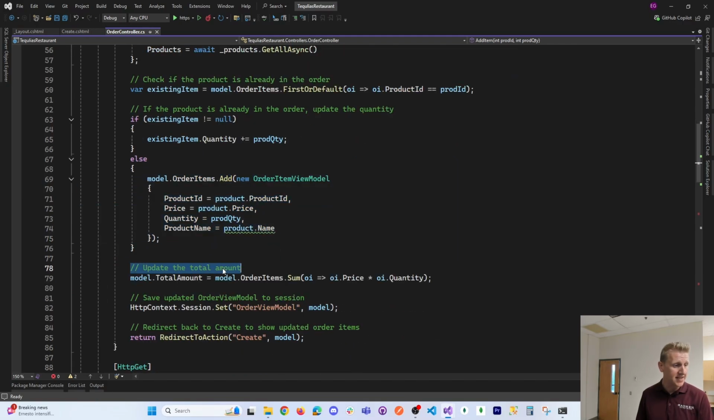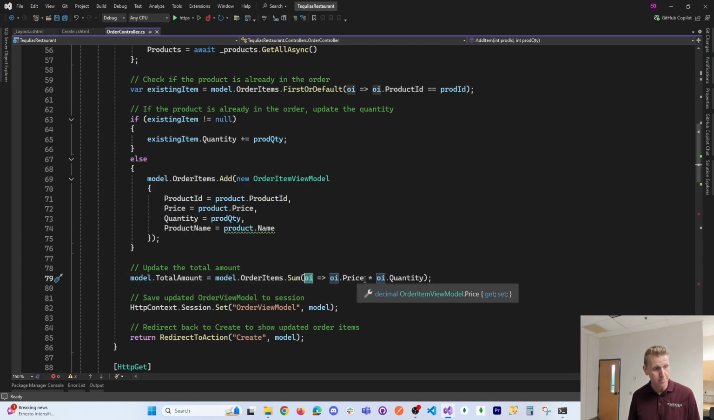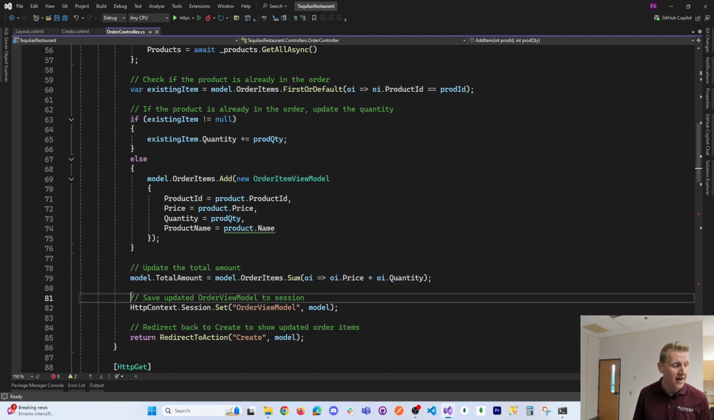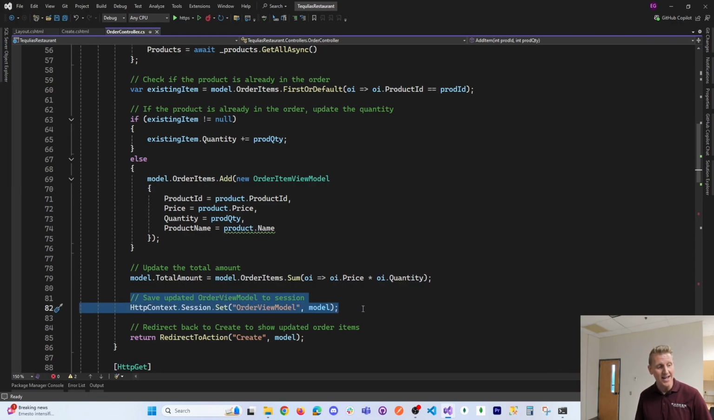Then we update the total amount, like this is your cost, what the total amount is, by again a little sum LINQ query. We're summing all of the order items price times the quantity. So that's a handy little function, the Sum function, to take the price times the quantity and add them all together. And finally, this is where we actually save the order view model to our